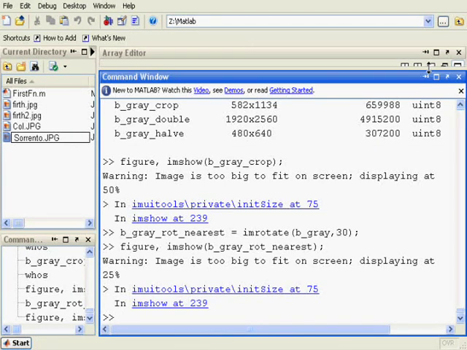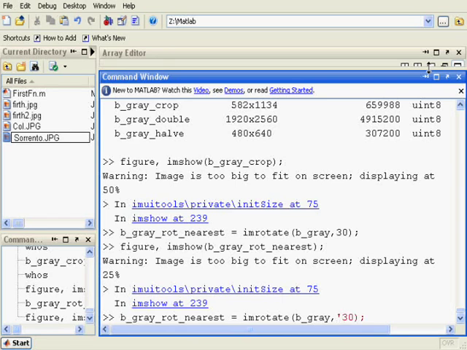Now, if you've attended lectures or you've read up the relevant books, imrotate can take 3 parameters. That's nearest, bilinear, and bicubic. And they are in increasing order of quality. So nearest being the worst, bilinear in the middle, and bicubic being best. It's beyond the scope of this tutorial to explain what they are, that would be left to the student to either attend lectures or read the relevant book. But we could say something just so we're aware,